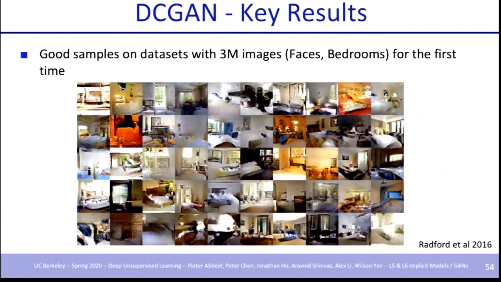So in terms of results, DCGAN was really good for generating images of bedrooms. That's not the goal, of course, but the bedrooms dataset is a particular subset of the LSUN dataset. There are lots of other subsets, but this is a pretty constrained dataset. It doesn't have a lot of variety, but it still has sufficient diversity for you to train generative models and see what's going on. And the bedrooms look pretty realistic and pretty diverse, so that shows that DCGAN could work and produce realistic images for the first time for a GAN model.